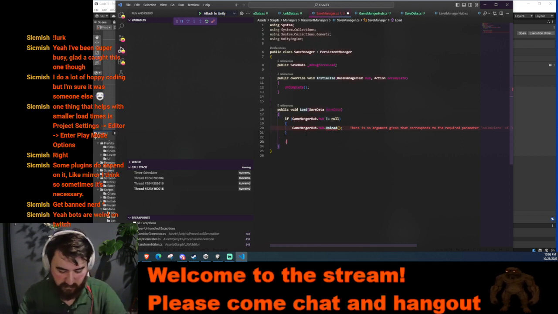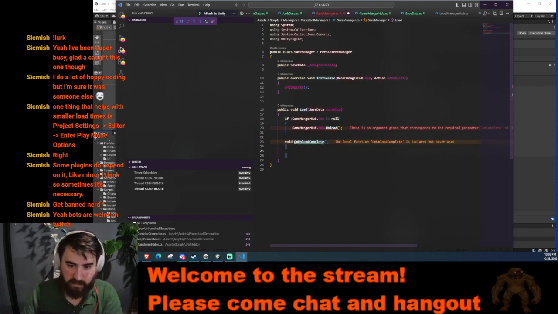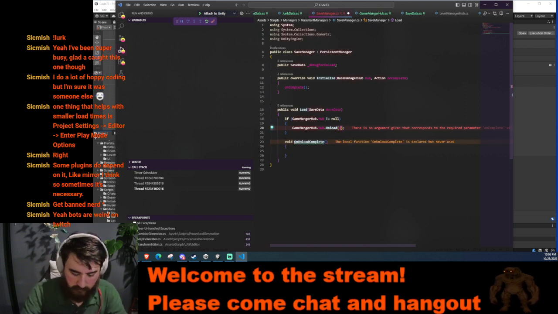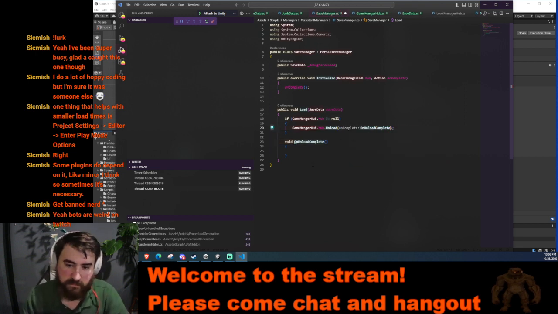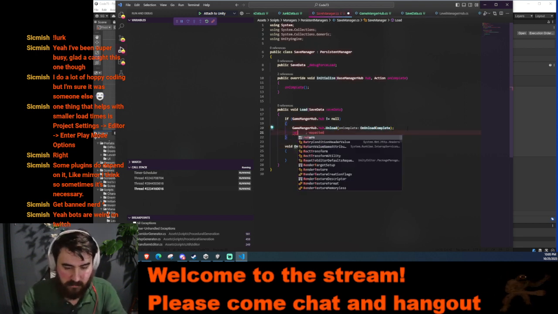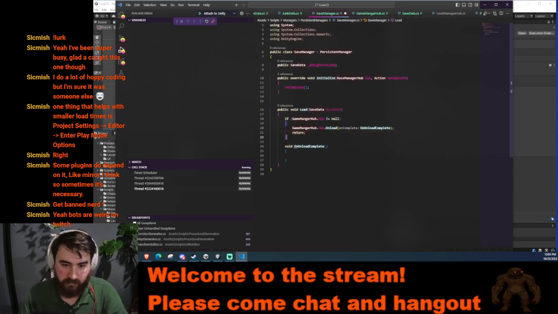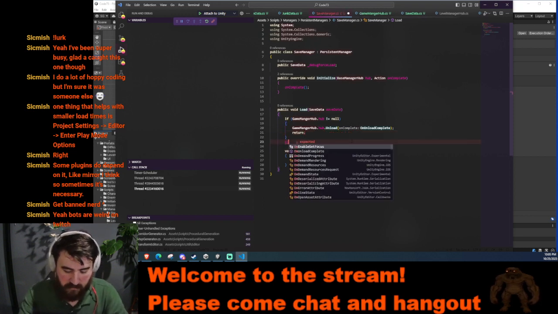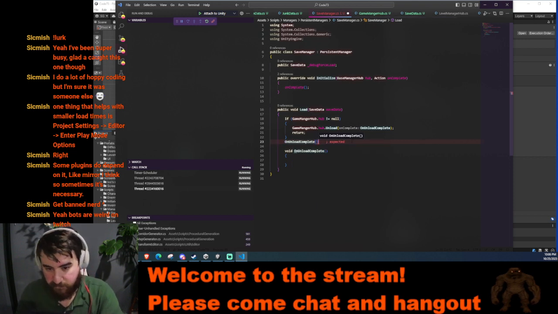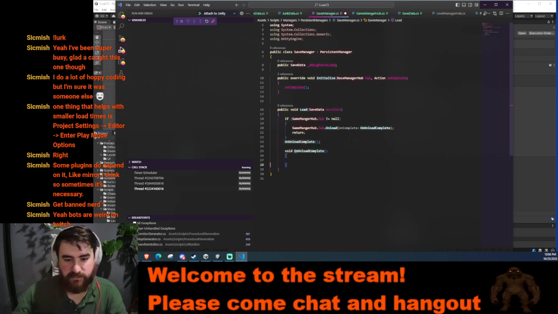I wonder if I could go void unload complete, right, and then unload complete, and I would return here, and otherwise I would go on unload complete, right, and then I basically do the rest of the method in here. And the rest of the method here would be